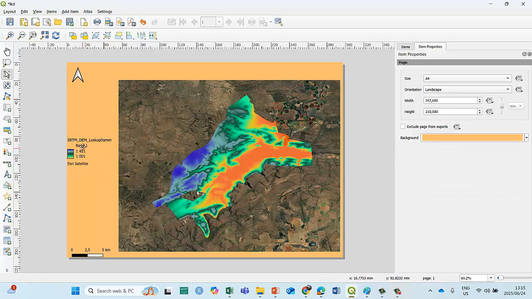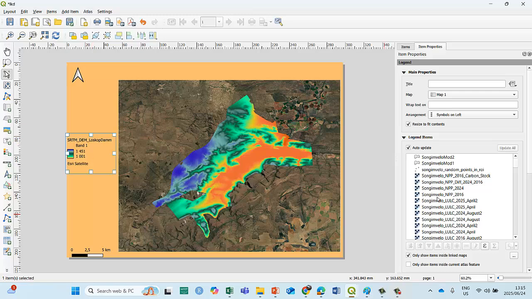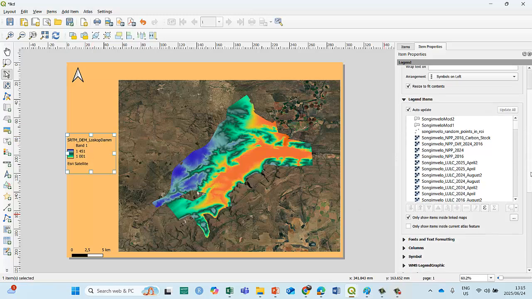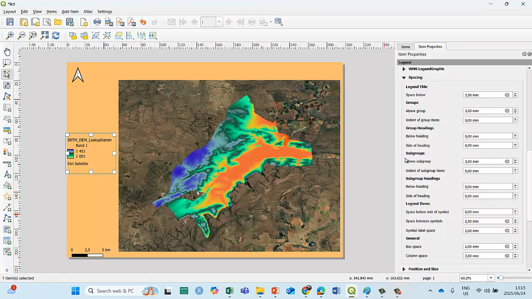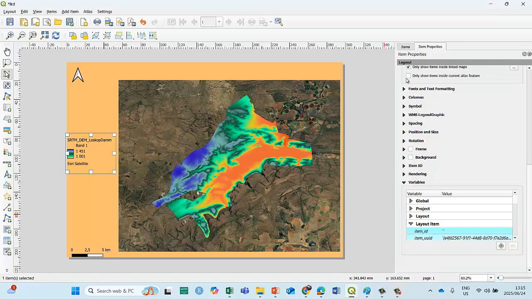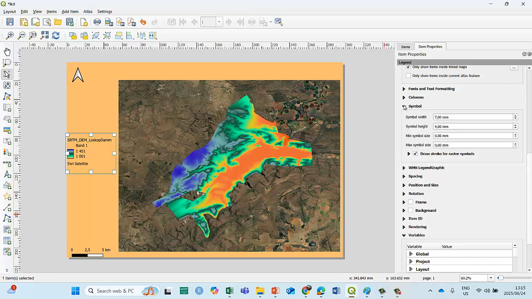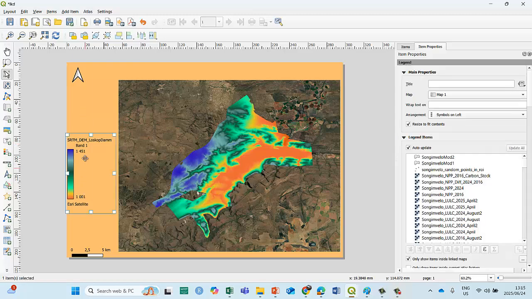So I left click on it, so I highlight it. You'll see now it comes up. So you'll see it goes spacing. Nope, not spacing, sorry, symbol. There we go, into symbol. You'll see symbol height. That is the symbol height. I normally just make it 45. And see, voila. Now it opens up that thing.